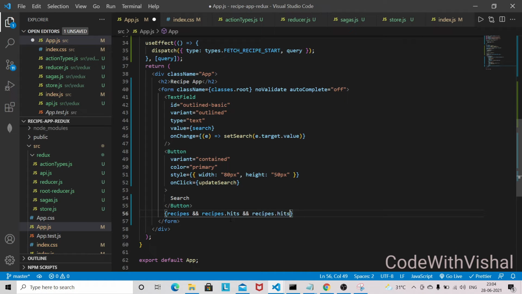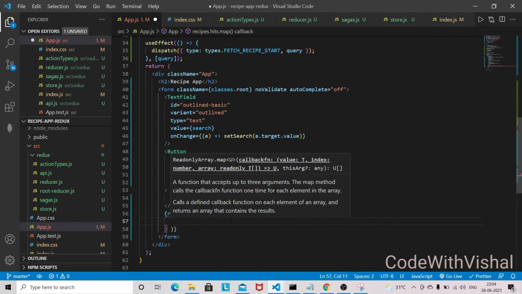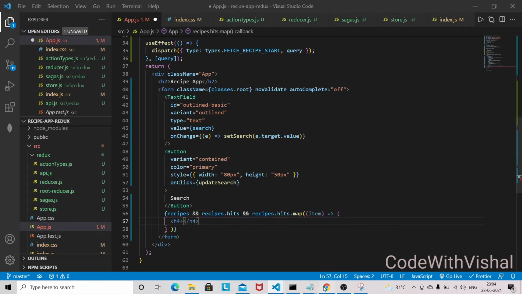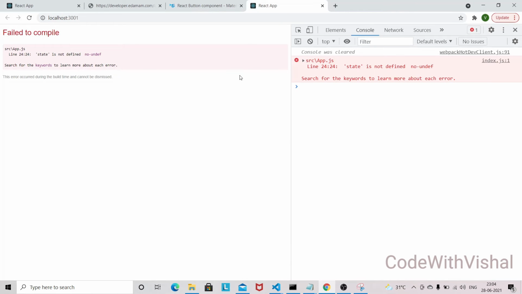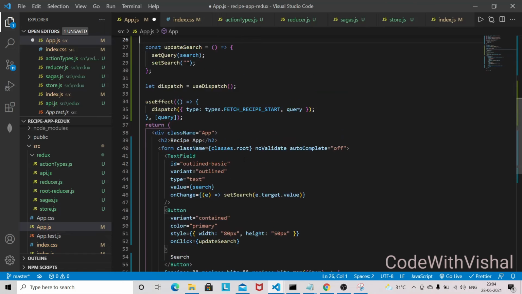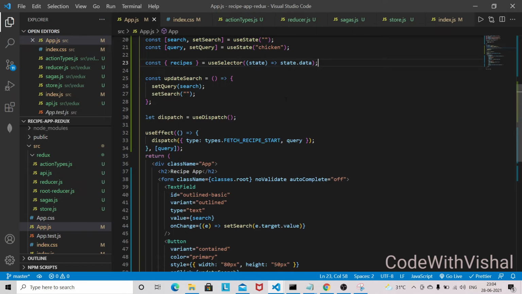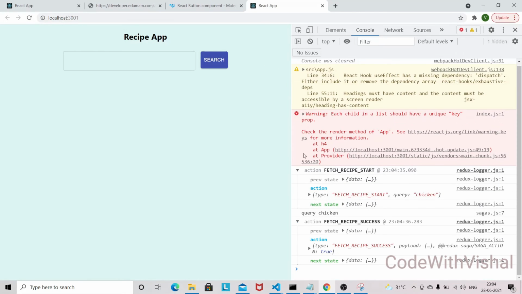and after that I will be using map here, item, and in item I am going to write one h4 tag. And if you look at that, we have some issue here. Let's remove this console. Let's refresh it again.